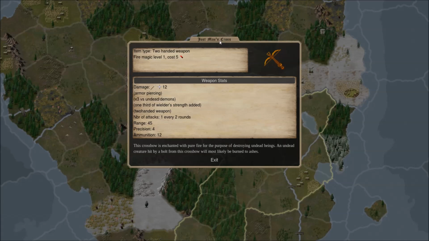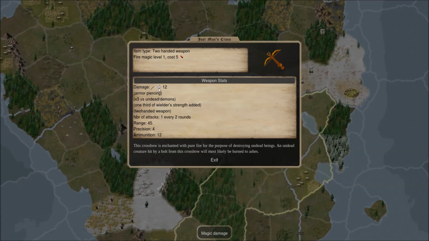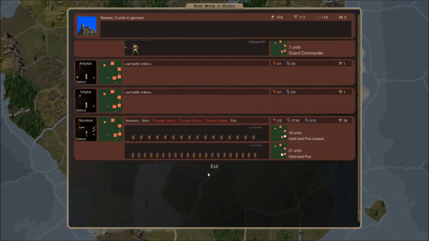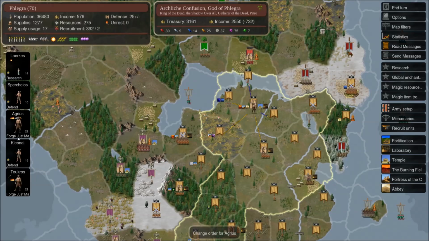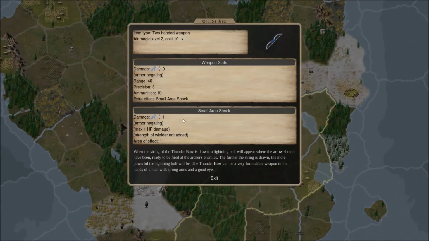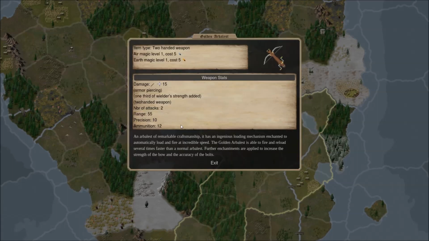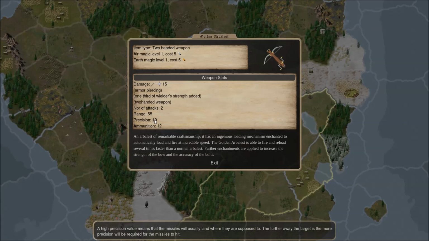The Just Man's Cross is an extremely poor ranged weapon, to be honest. It's good against big beefy demons, and that's about it. But even so, it has long range, +4 precision, and high armor-piercing damage. If you have somebody holding, like, a thunderbow that does area shock damage, or a golden arbalest that fires very, very rapidly and with +10 precision, then